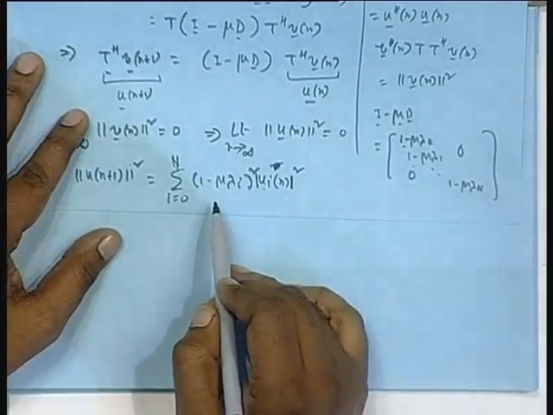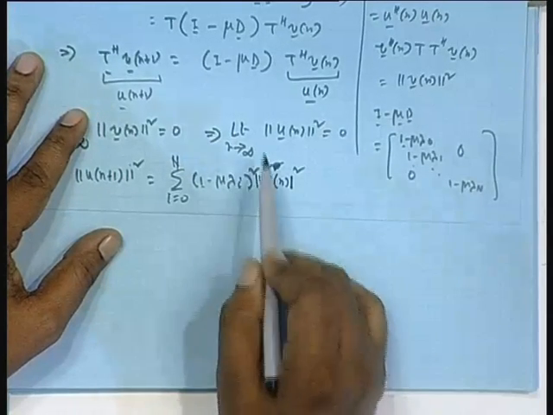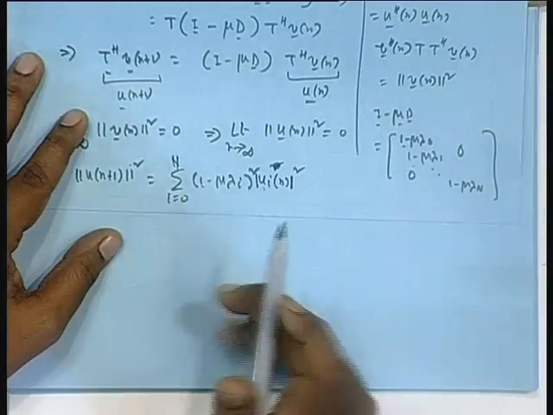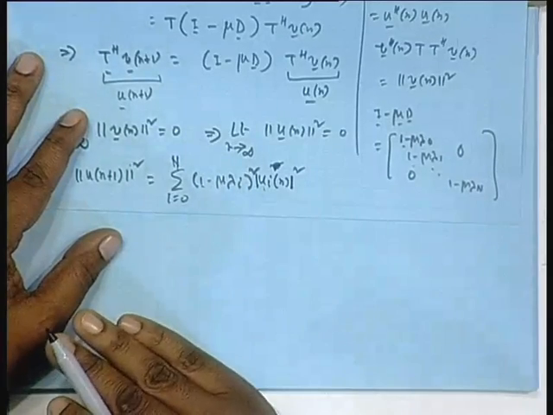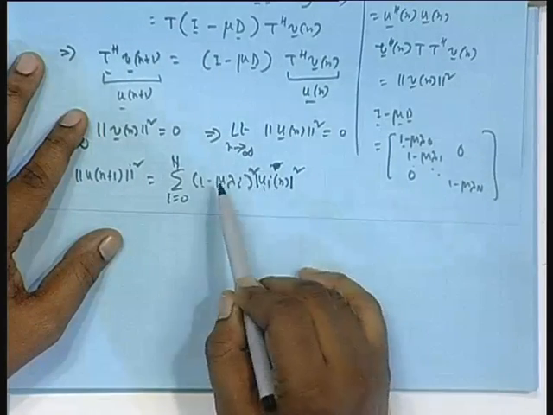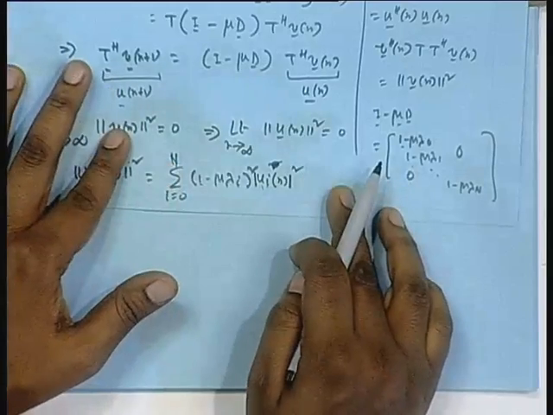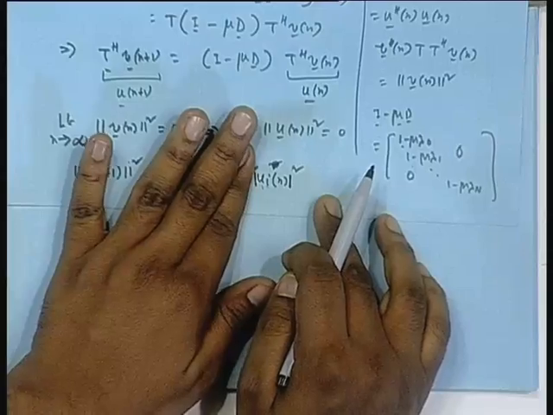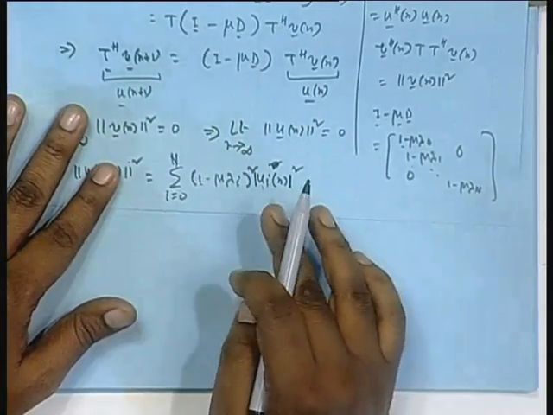Now, suppose by hook or crook I can make the coefficient (1 minus mu lambda i) squared less than 1. It cannot be negative, and I will not make it 0 either, but suppose it is at least less than 1. That means each component, like mod u i n square, will be multiplied by a constant less than 1. So the overall thing will be less than the norm square of u n. If all were 1, you would get norm square of u n, but if each coefficient is less than 1, then this quantity will be less than the norm square of u n.